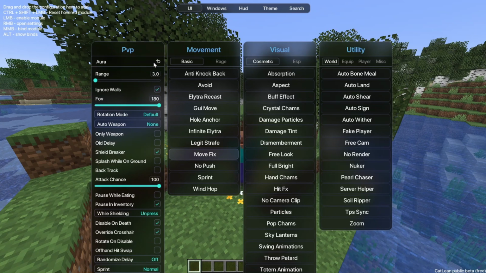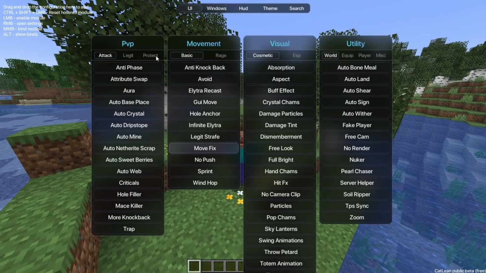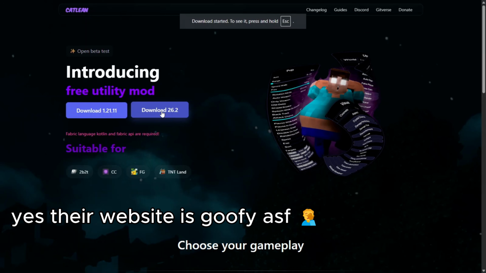Today I'm going to be showing you CatLean Client for the latest version of Minecraft Java Edition. I'm on their official website right now, catlean.su. You can find it linked right down in the description below. And here I'm actually just going to go ahead and download the one for 26.2, the current latest Java Edition